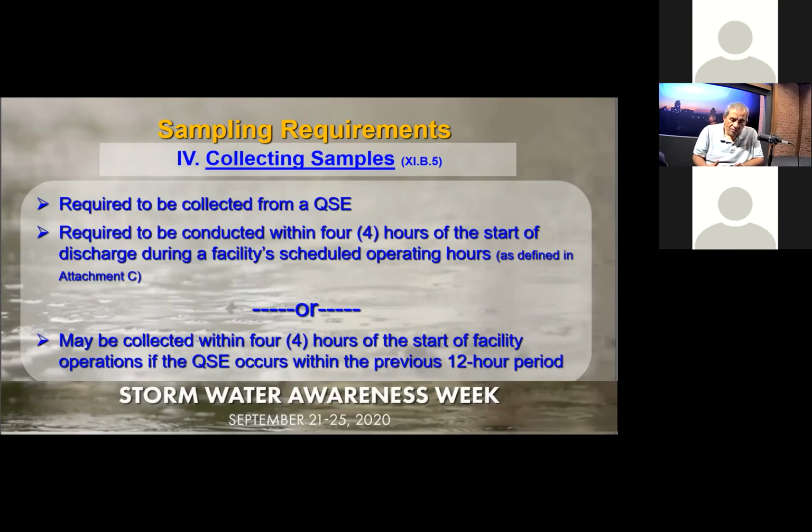And then see if you can come up with a way to bring those numbers down. And then let's just say you grab samples and your level 1 responses work and things go back down to baseline. After 4 consecutive samples below the NALs, if it averages below the NALs, you can go back to baseline. Okay. Now, if you have a sample and you go over NAL, let's say again for solids, total suspended solids,